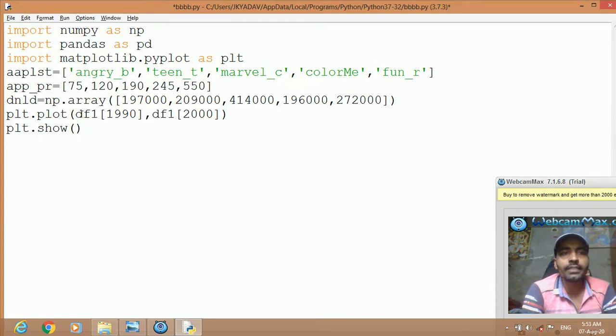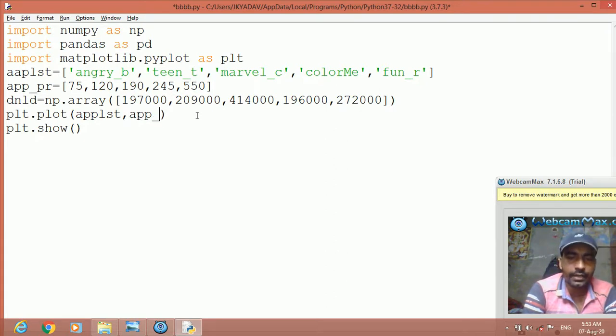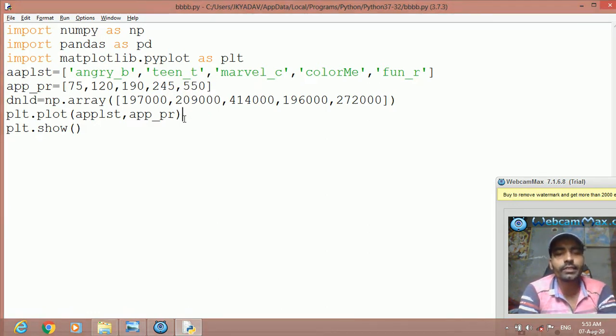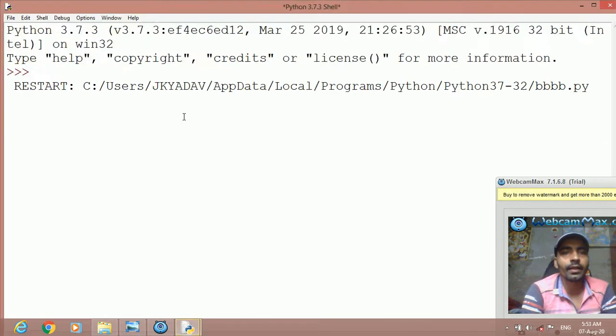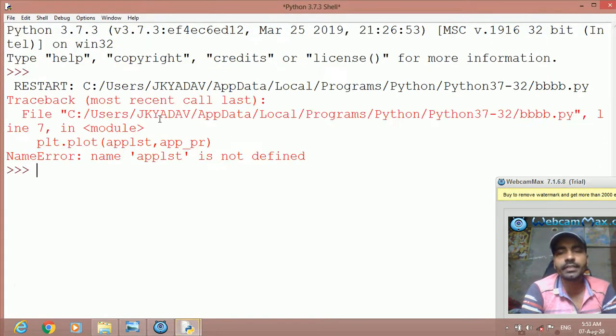For x-axis we write app_lst, comma, y-axis we have the prices, app_pr. This will depict the prices through the line chart. Press Ctrl S for saving and press F5.